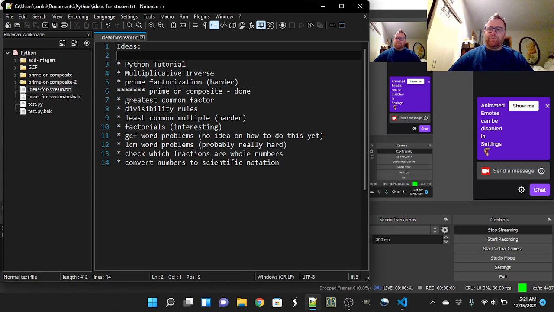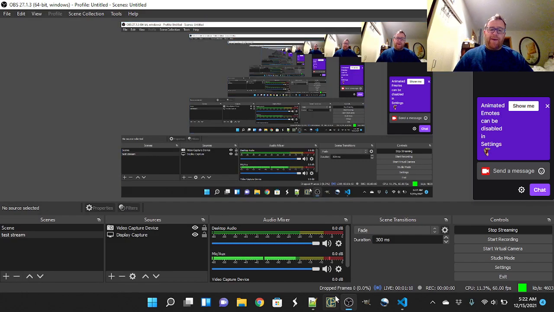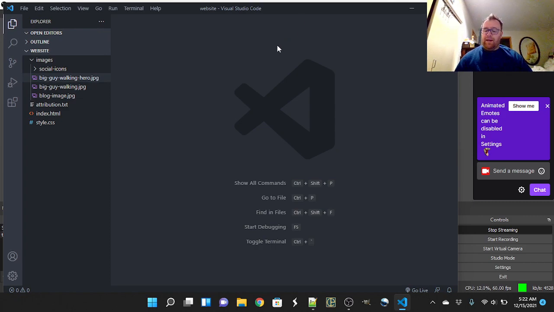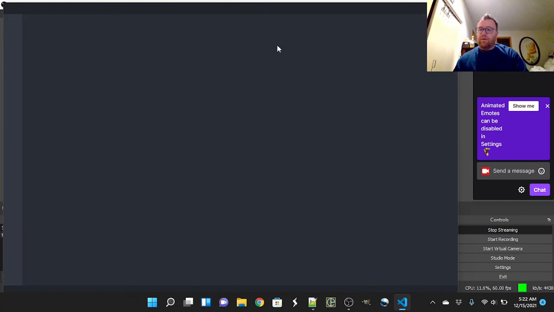We did the primer composite yesterday. We actually did greatest common factor. So maybe we'll try the word problems, and I've got an idea for that. Or we could do factorials. This might be a little bit interesting. Maybe I'll do factorials, and some of these other things here. So that's the agenda. I'm going to pull up VS Code here, and I'm going to close out this